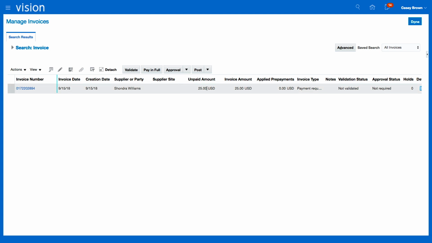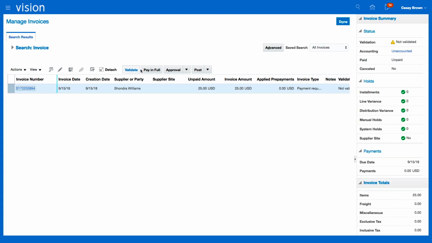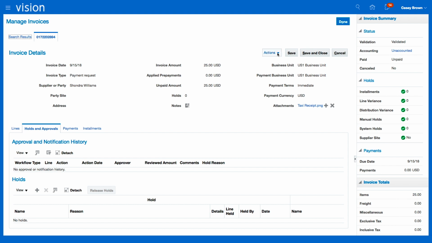You can see that it's not paid, it's not validated. So I can, if I wanted to, validate from here. So if I click on validate, you can see that the status is now validated. It's not accounted for. So let me just open the invoice, and to do the accounting again,